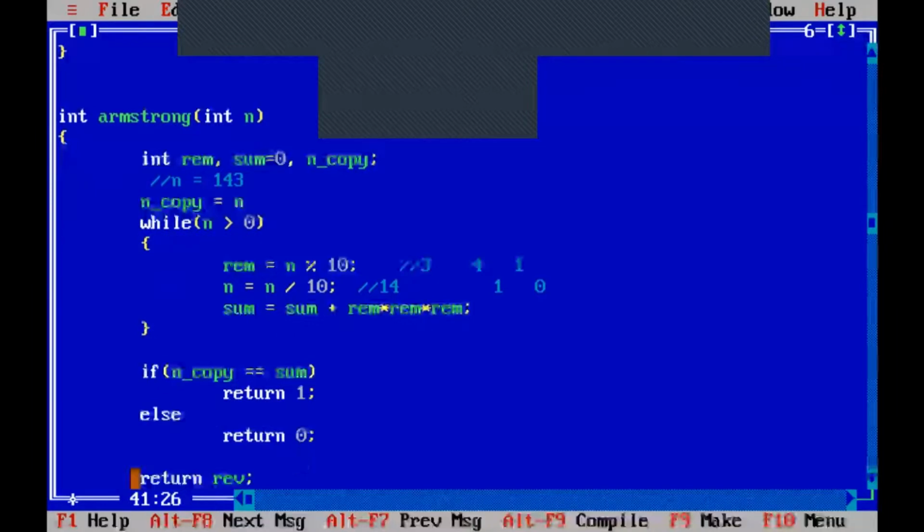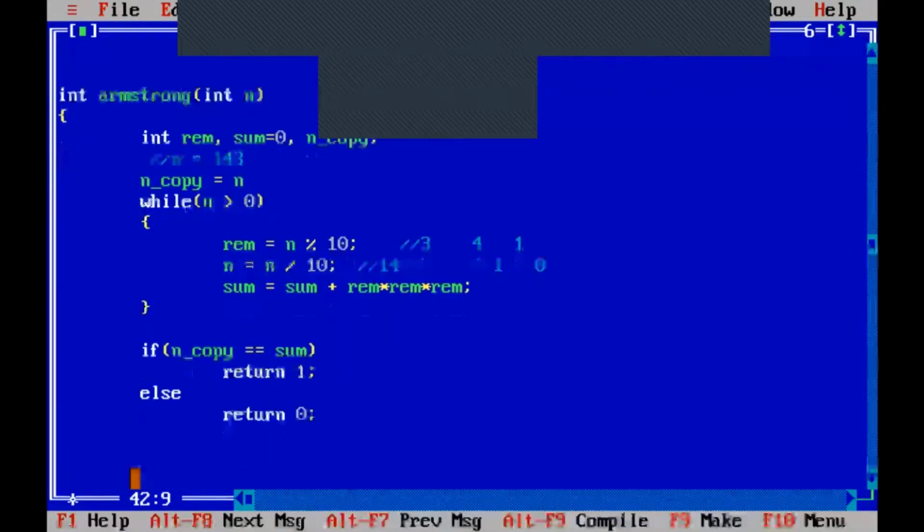So I'm removing this statement of the previous program. What I have done in this particular program is simply check whether the number is an Armstrong number or not, and after checking that, I'm just returning 1 or 0. If that number is an Armstrong number, I'm returning 1. If it is not an Armstrong number, I'm returning 0.